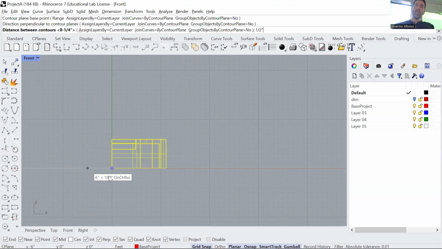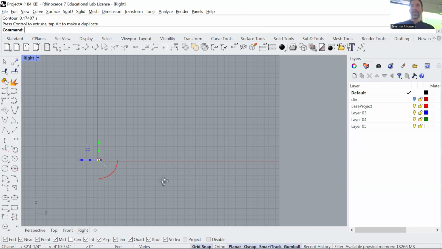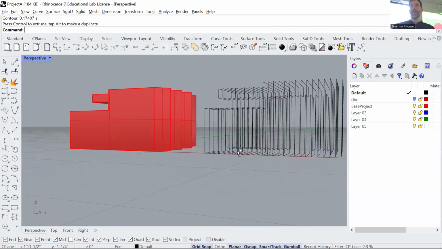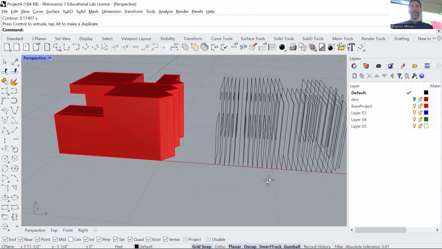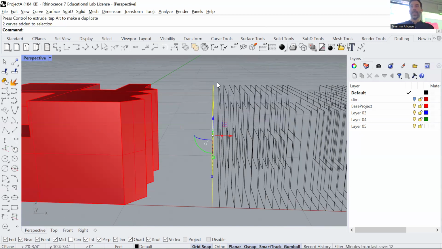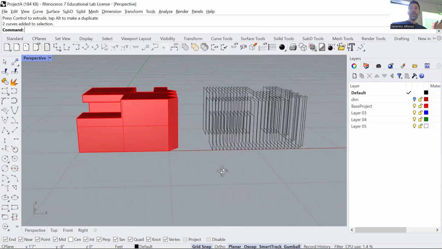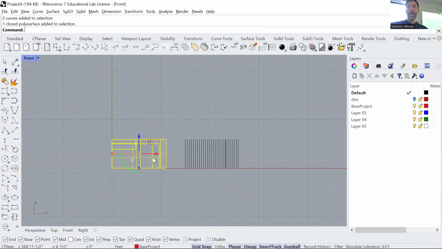But notice what happens if I signal this direction instead of the opposite. If I click enter, I get vertical sections instead of horizontal ones. Okay, so each of those represents a section, and the distance between each of those represents the thickness of the material. So now whether it's this one or whether it's plan,